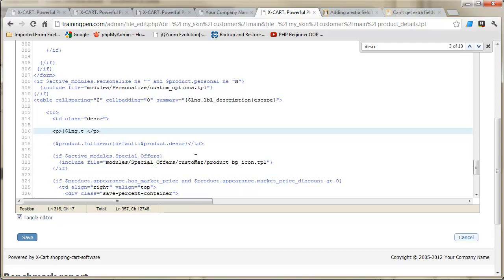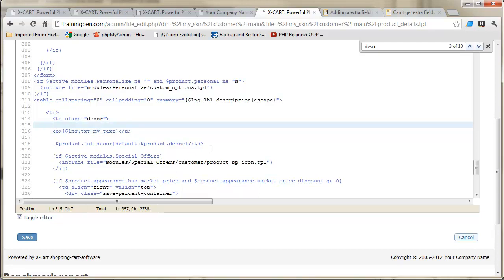I can't remember what we called it. I think we called it txt my text. Okay. Oops, typing error won't help. Let's get rid of that. Okay. So now we're going to have this paragraph print, but we only want to print